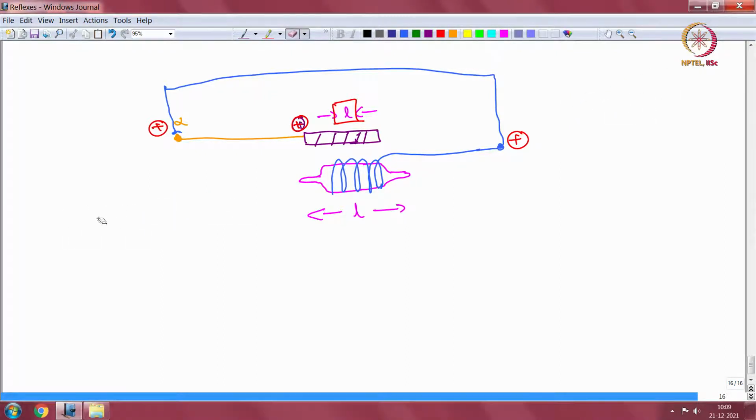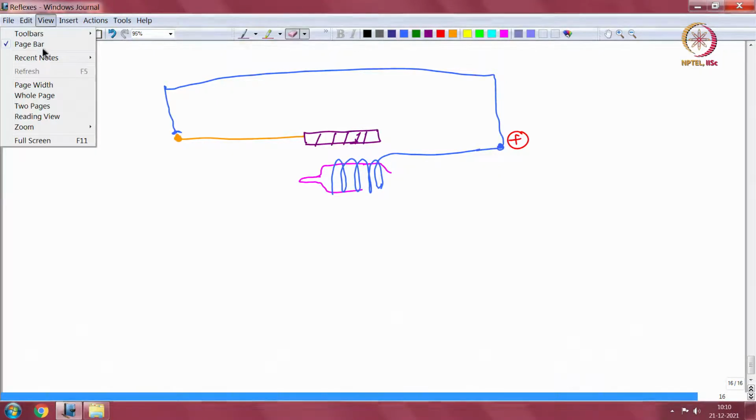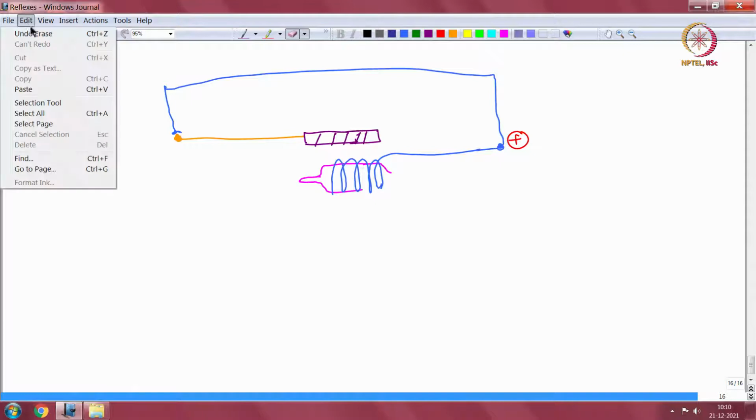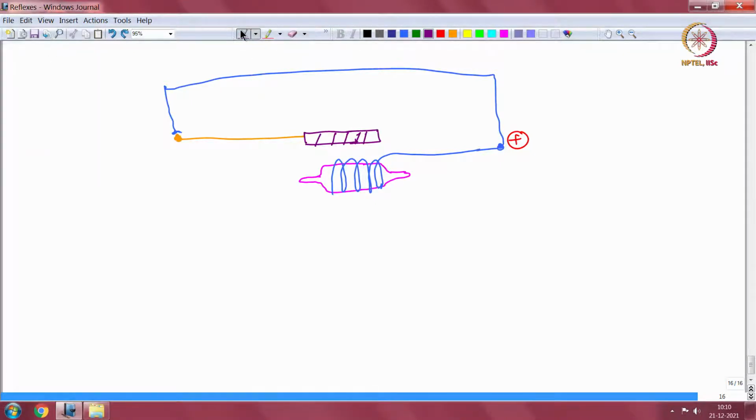The circuit remains the same, the dynamics remains the same, but we will see how things happen when we add a little more dynamics to the whole issue. So, again we draw